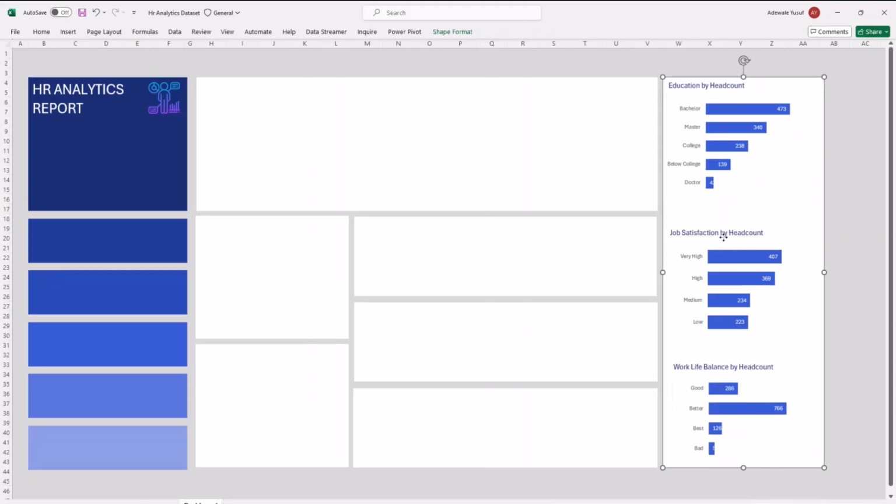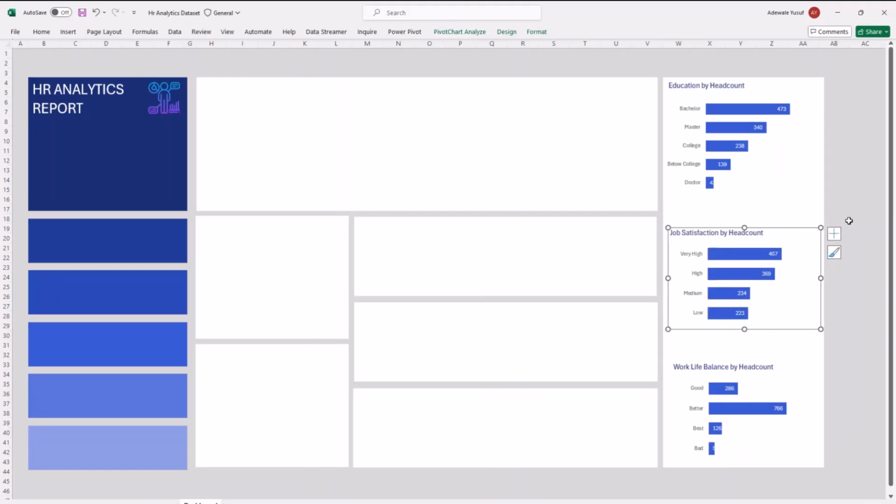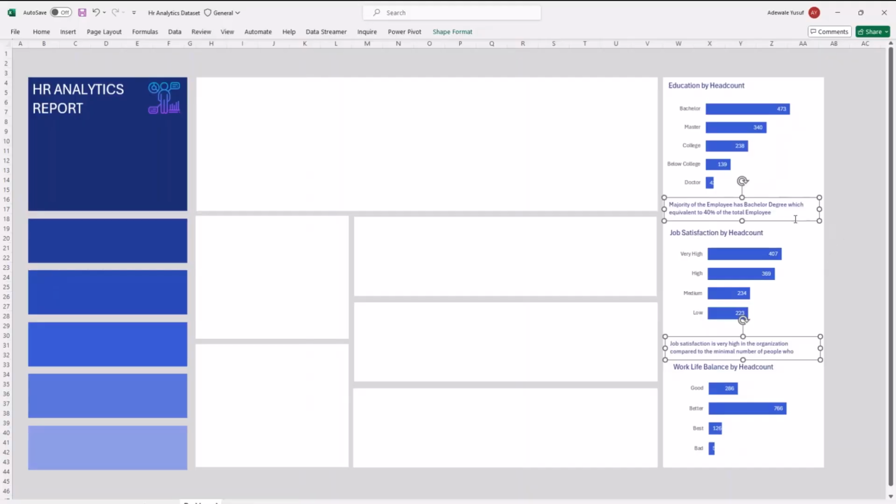Now, another thing I want to do is put a text in between these, just to put a comment in there, and it will make a lot of sense if I put that comment there. You can decide to put any comment of your choice that you like. But for me, I already have a comment written somewhere, so I can just copy this comment and put it here. So I don't need to do it again, right? So I have my comment right here, just to put those comments in between these.